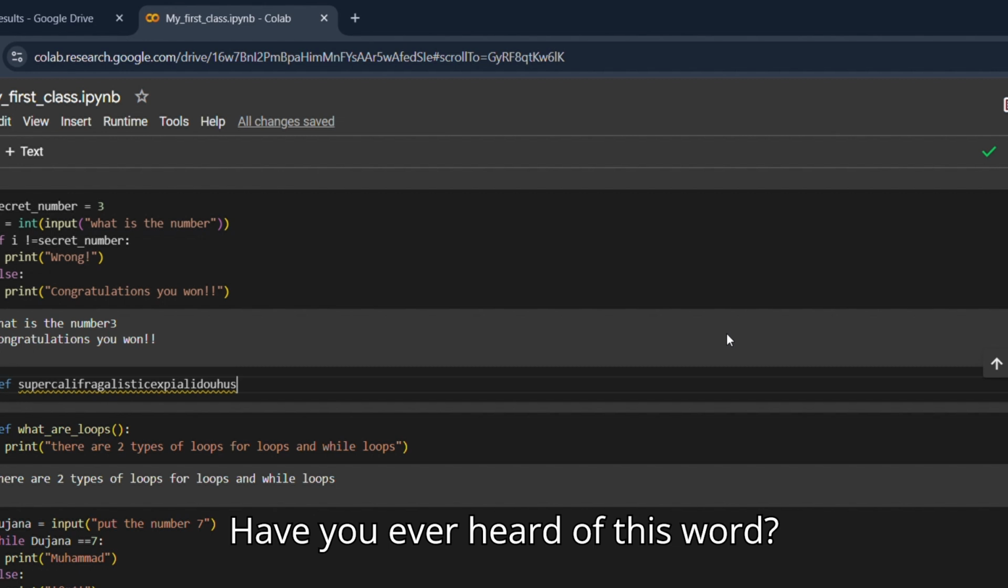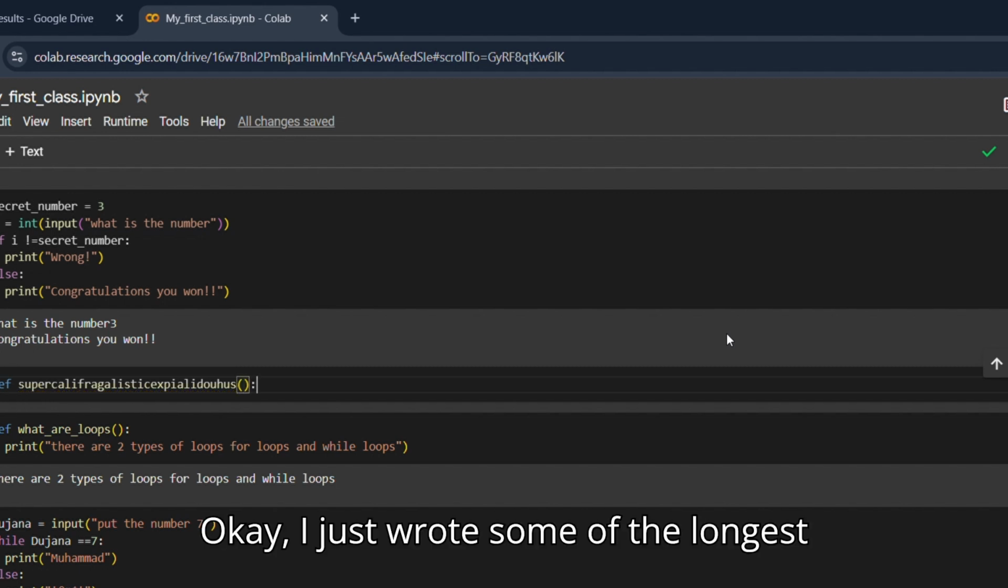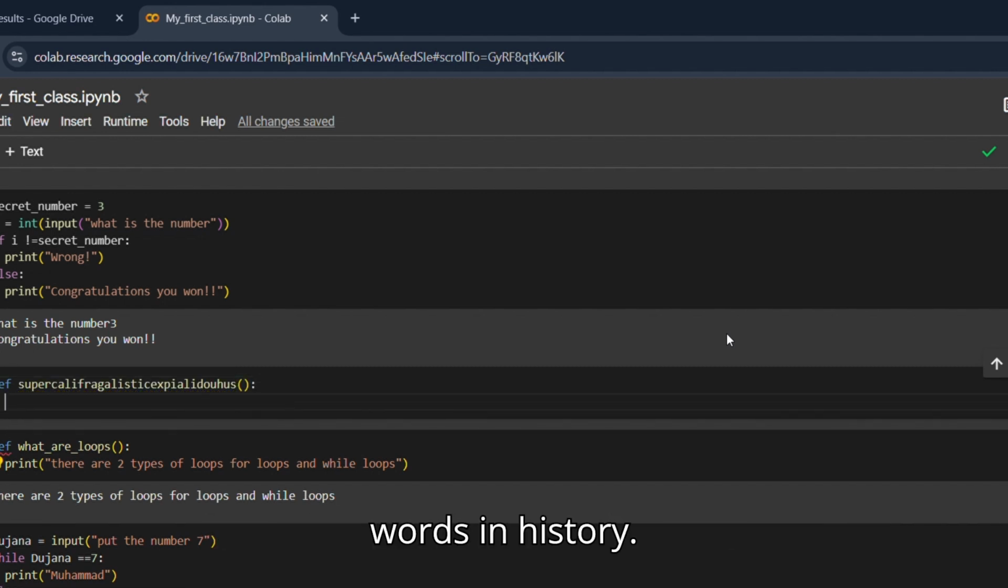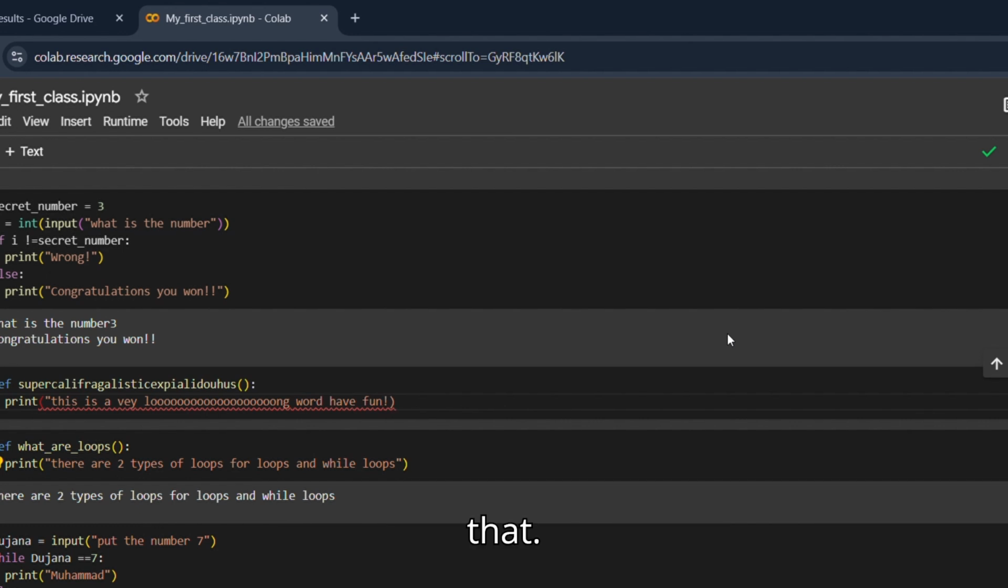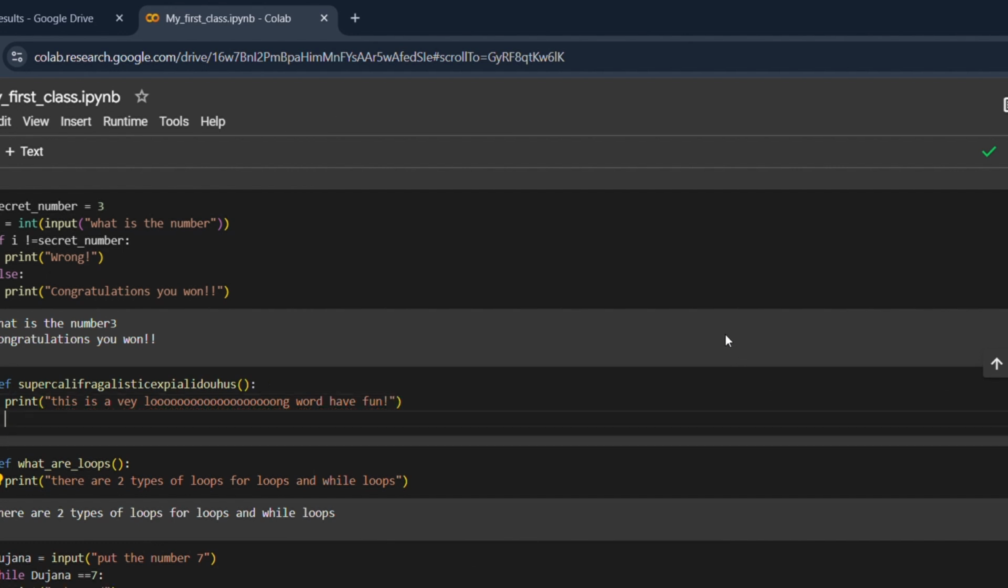Have you ever heard of this word? Okay, I just wrote some of the longest words in history. This is a very long word. Have fun. You can do stuff like that. Then for